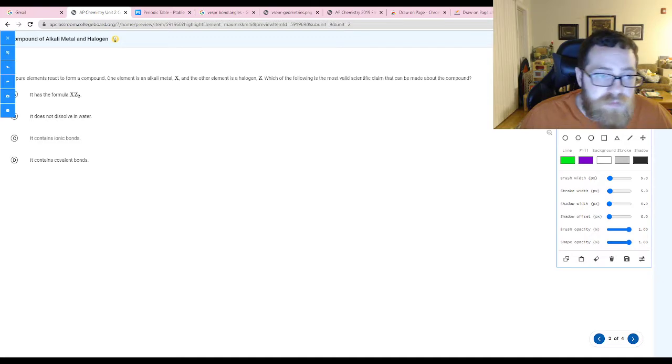3. One element is okay, a pure element reacts to form a compound. One element is an alkali metal X. Alkali is the first